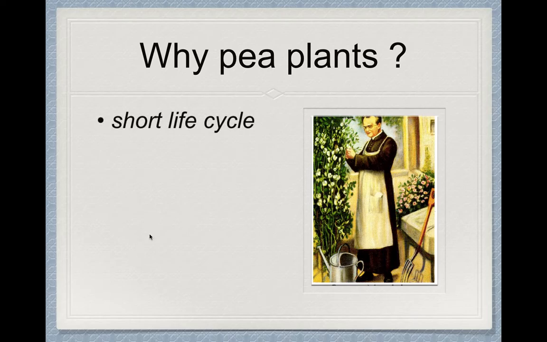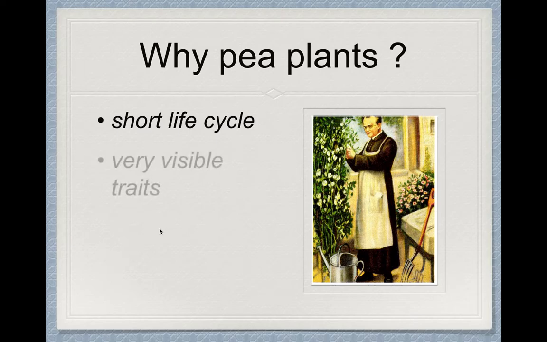have a really short life cycle. So you can grow a pea plant from seed to maturity in just a matter of weeks. And if Mendel was interested in looking at patterns of inheritance, how traits are passed down from one generation to the next, he needed to see lots of generations. So within a year, he could see maybe 8 to 10 generations of pea plants. So he'd really be able to see how a trait was passed from generation 1 to generation 2 to generation